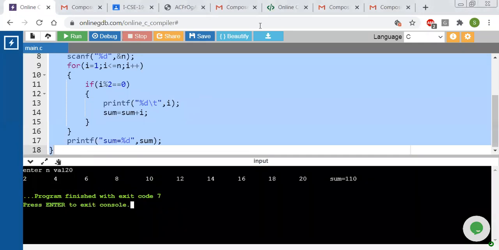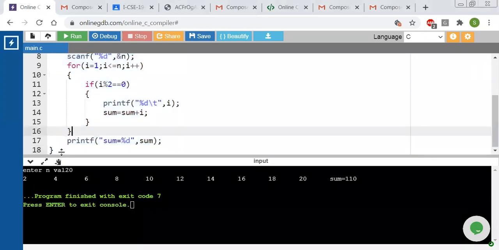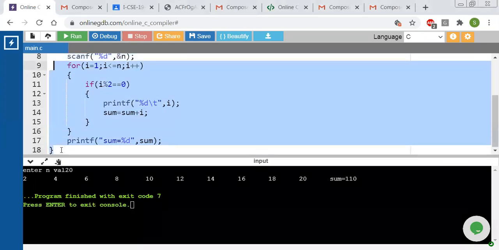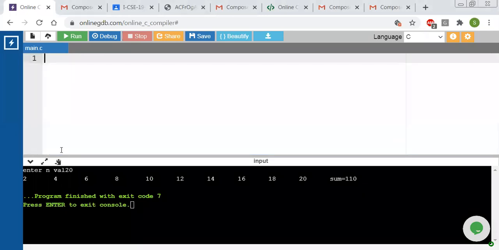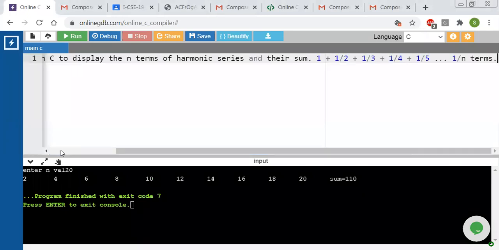So this is our next program. We'll have another program and then we'll close it.